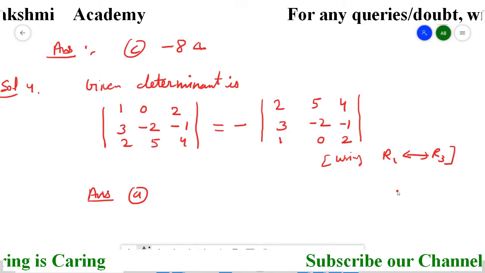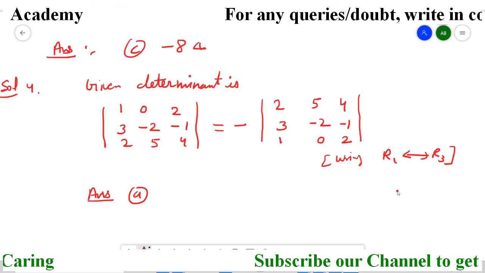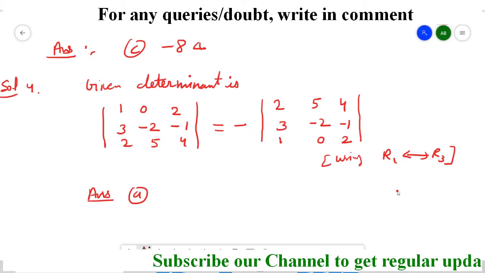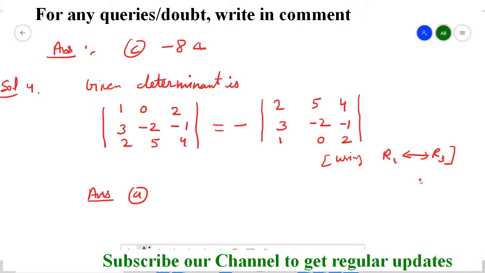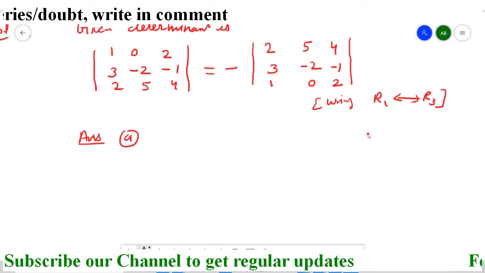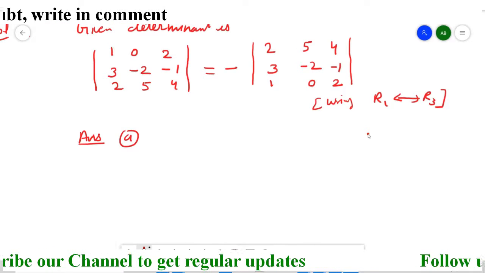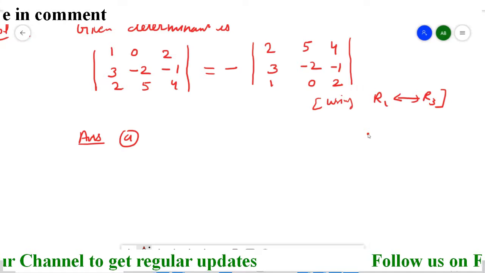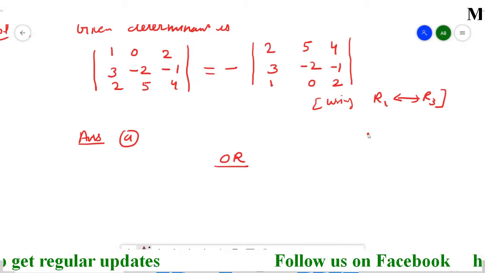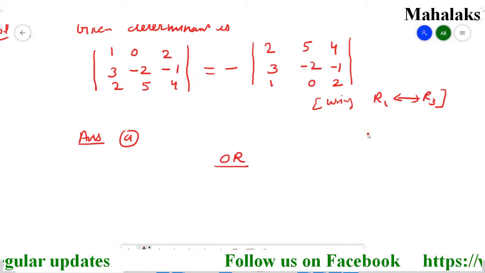But in the question they selected the option C. So for that also I am just doing. So the C, how we have to do that. In your board exam you will get any one answer, not like this. But since here correction is there, I am teaching by both. So I am writing here OR, because another method I am teaching you.